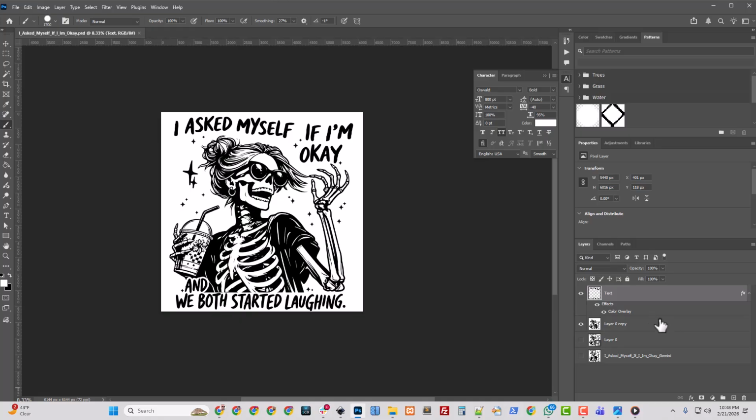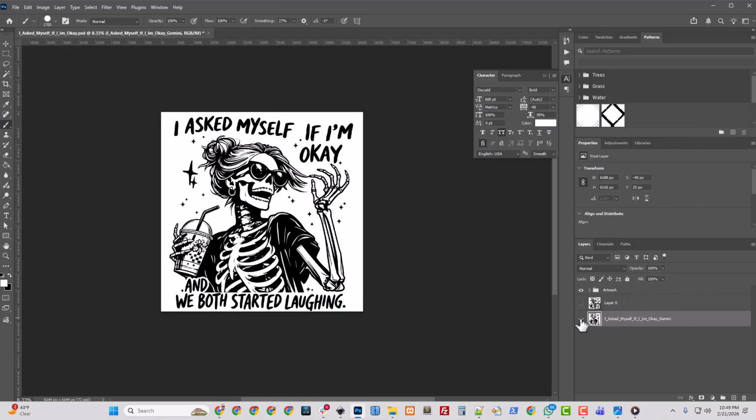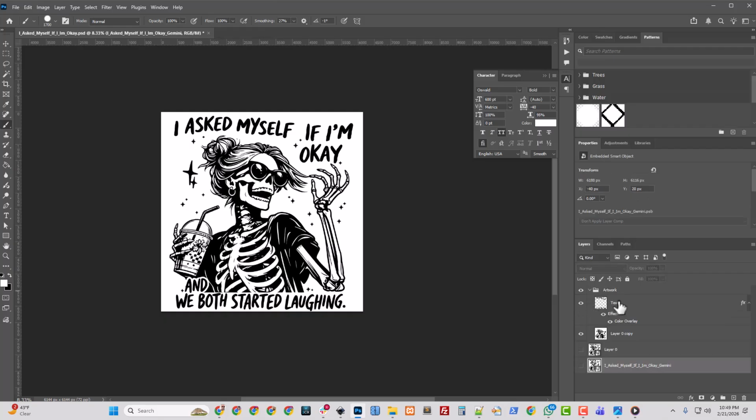All right. So this is my artwork. This is all I have, right? These two layers. I'm going to call this group artwork. I'll go ahead and convert this to a smart object too. I like to turn it on and then convert it to a smart object and turn it back off, so I don't trick myself later. This is my text. This is my character, is what it will be.